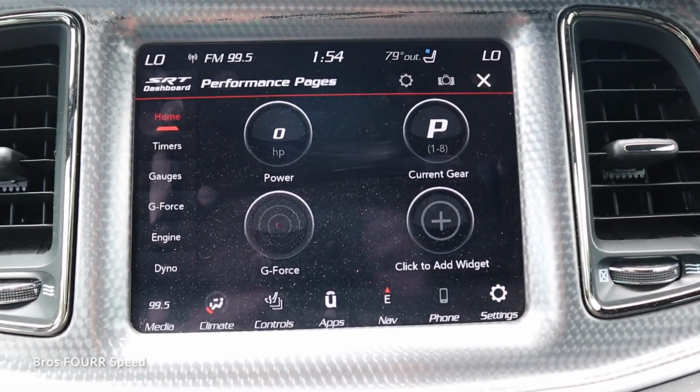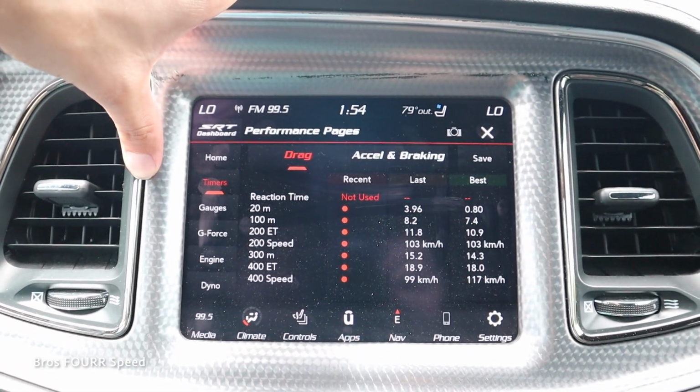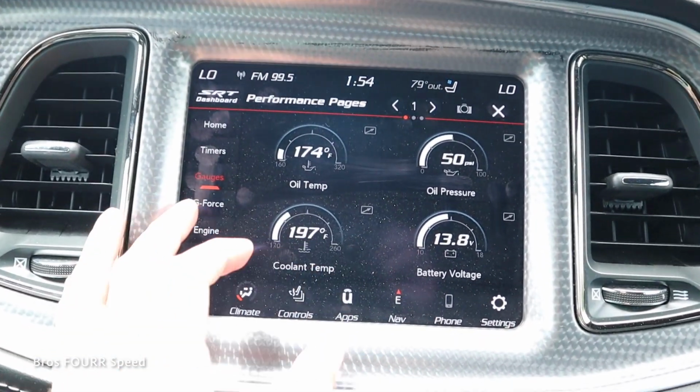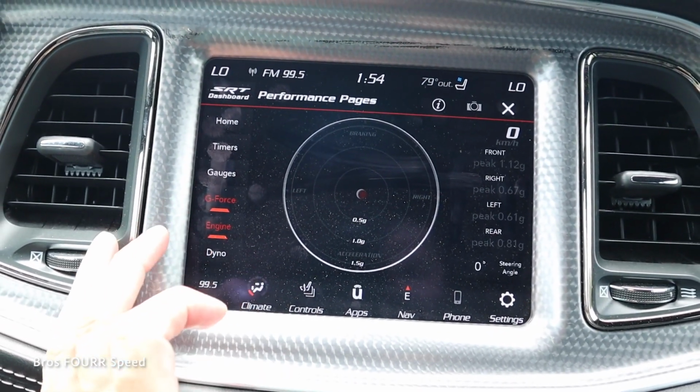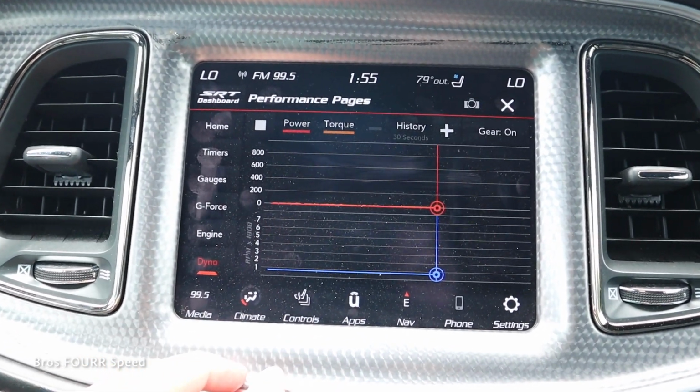In here, you're gonna see some gauges that pop up for horsepower, your gear, G-force. We also have all the different timers for 0 to 60, things like that. You can also see more of those gauges. We also have a G-force meter. Your engine information will all come up, and then we even get a dyno to see how the engine is